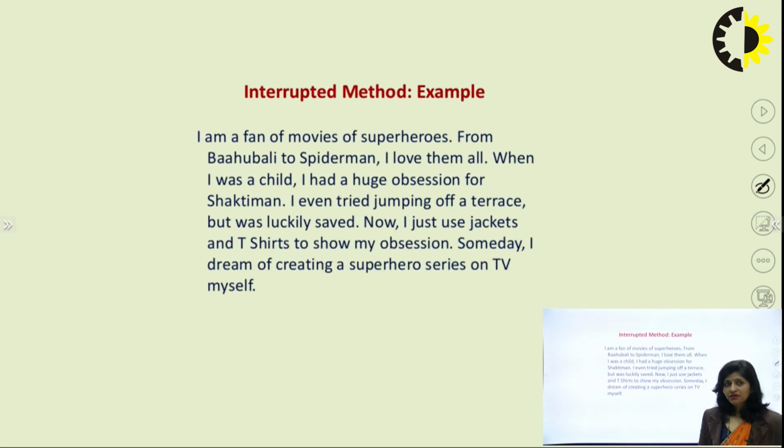Now, the interrupted method. The interrupted method is just like the chronological method, but we actually break the strict chronology in order to give a dramatic turn to the events. So to sound more dramatic and interesting, we break this strict chronology. In this method, we first mention some past events, then present, then future, then again present, like some of the movies you have watched, and at the end they bring all the things together. For example, in this example,